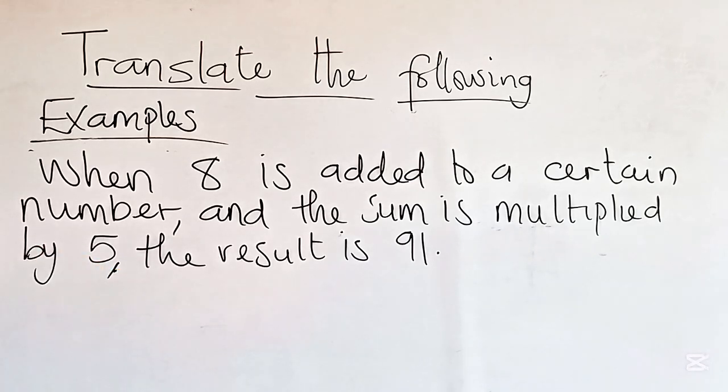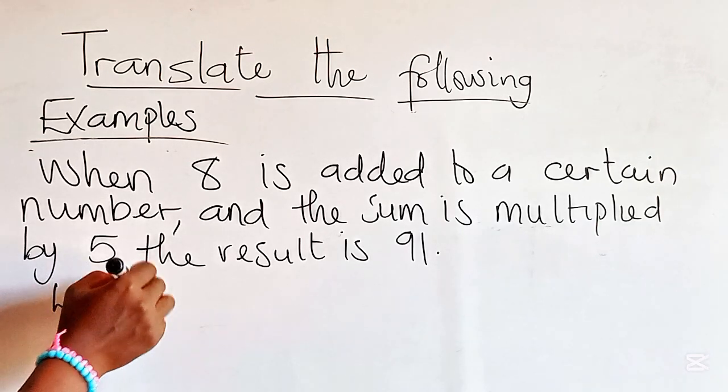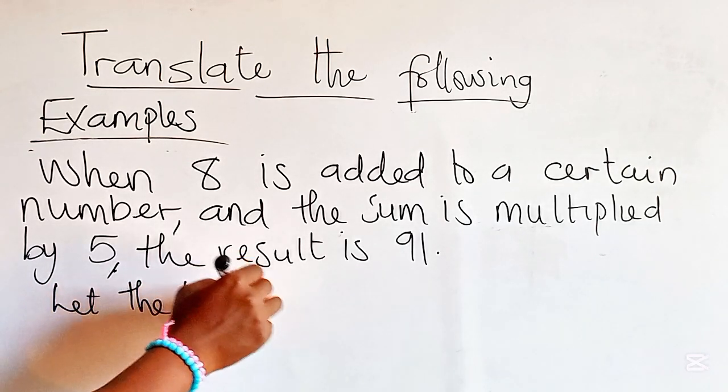Let's take a look at this. So now we have multiple statements in this question, but the key to translating this problem is to take it one step at a time. So let's read one. When 8 is added to a certain number. So take note, we have a certain number. In our previous examples, we have x or n, but in this case now, a certain number which is unknown. So the first thing to do here is to assign a variable to this unknown number. So we're going to say let the certain number or the unknown number